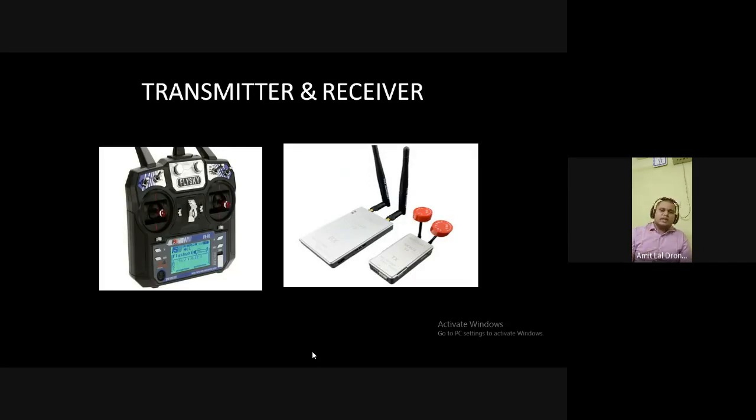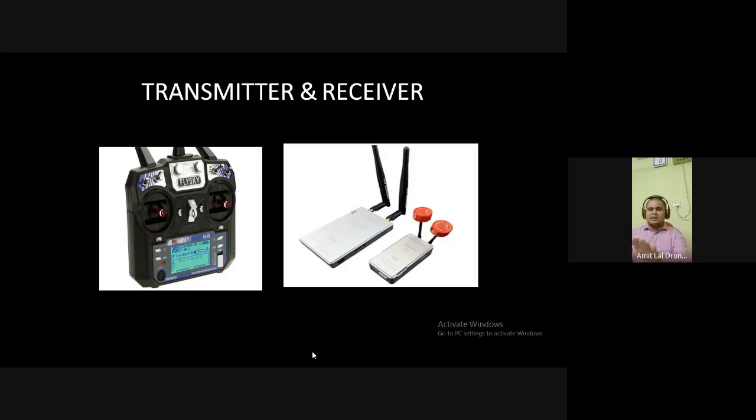Okay, now talking about transmitter and receiver, as I said, you need to give your data to your drones. You need to receive it again from your drones. So these transmitters do the work of transmission. For example, I'm sitting here, I'm presenting something and I'm speaking. So these things are happening because my phone and my laptop are acting as a transmitter. They're taking the data, they're putting it, let's say, over the internet. It is then getting connected to your phones and your laptops or your screens. There, your phones and screens are acting as receivers. So whatever is transmitted from here is getting received there, and you are able to see it.